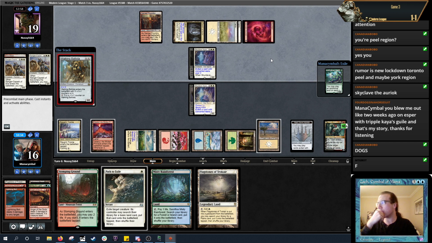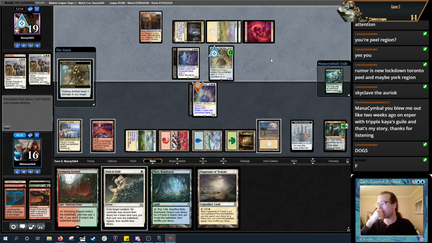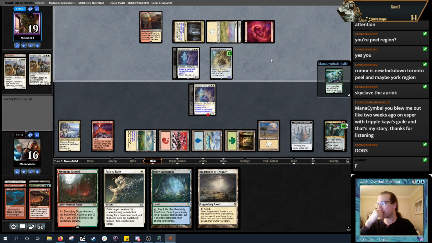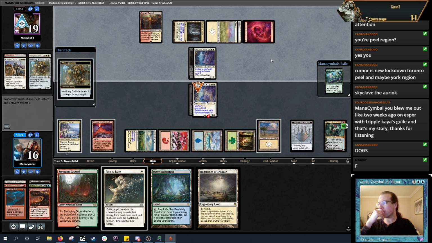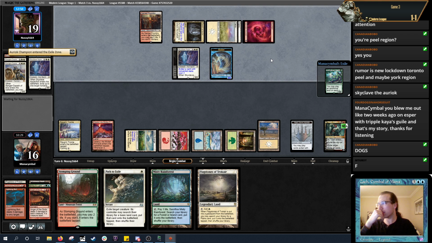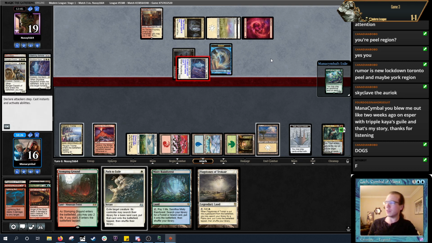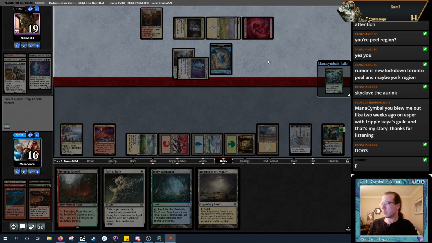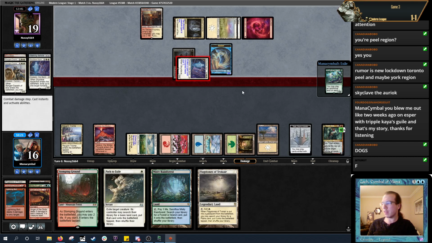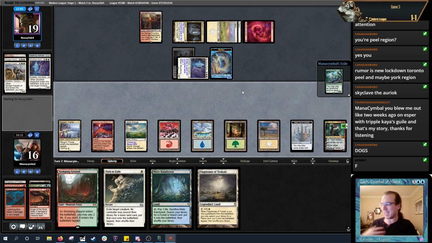Walking Ballista resolved. Interesting. Okay. Interesting trade. So using this path means that I no longer have the ability to interact with Heliod Ballista. So I'm not using the path. The other thing I can do is play the Dryad and then use path as a way for me to dodge